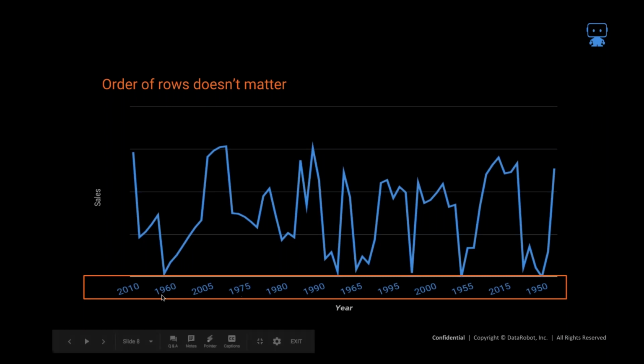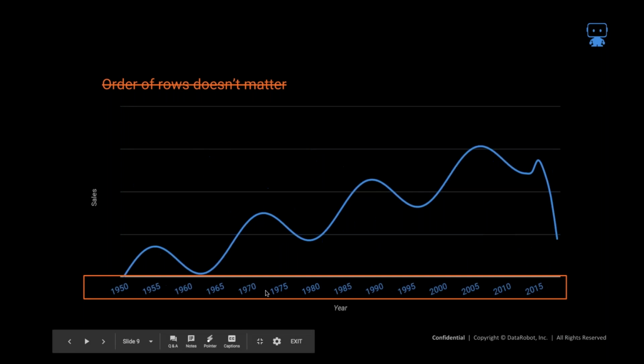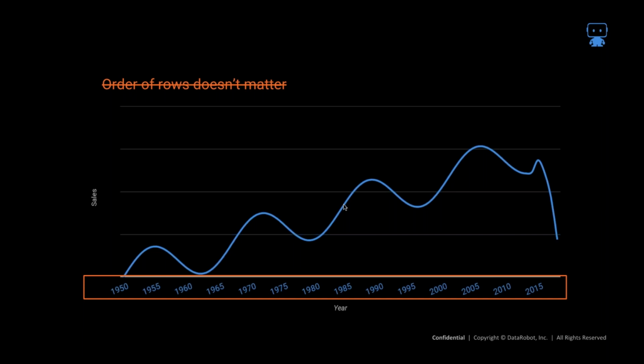And let's now order this by year and see what we can see. Okay, now I just ordered this axis by year, and you see that a pattern appears, and we can obviously see a pattern which we couldn't see before. This sounds very simple, but that's